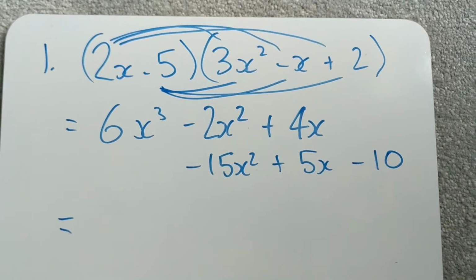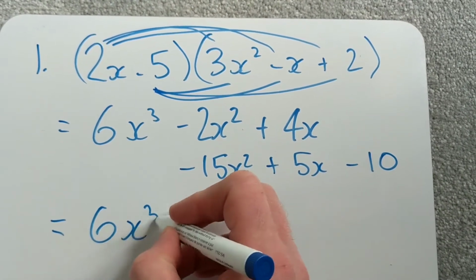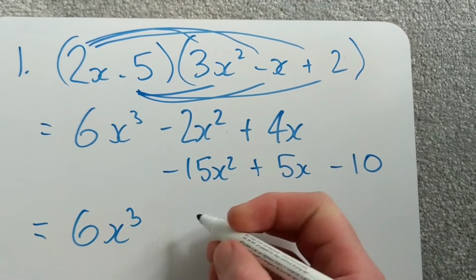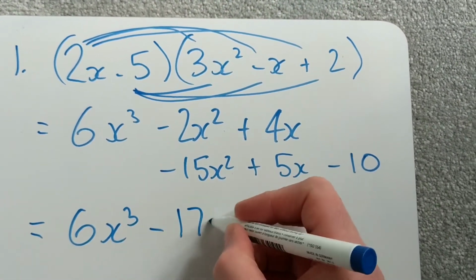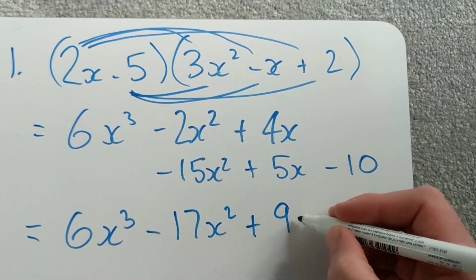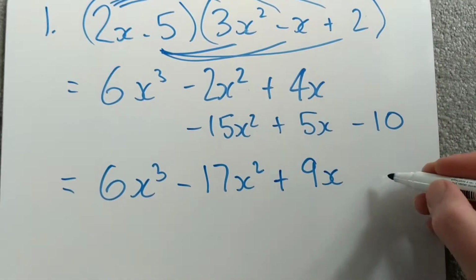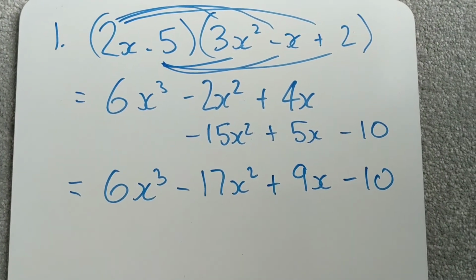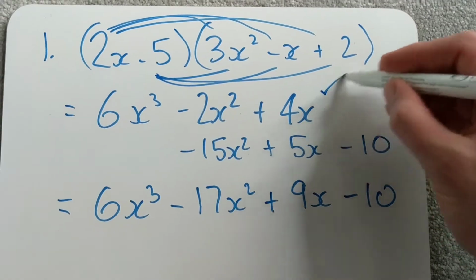In your last line, you've got 6x³, minus 2x², and then you're taking away 15x² as well. So overall, that's −17x². You're adding on 9x, 4x and 5x, and you're taking away the 10 at the end. And that's question 1. Now, in terms of marks, you get 1 mark for the first 3 terms, you get